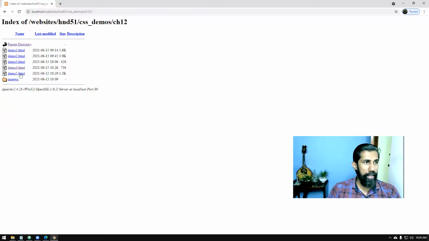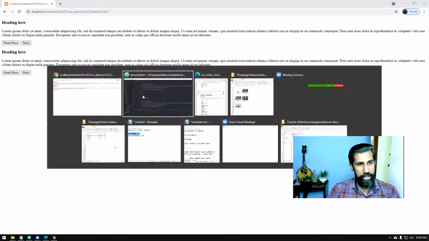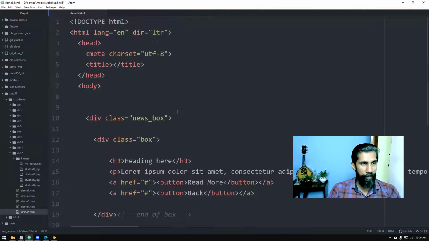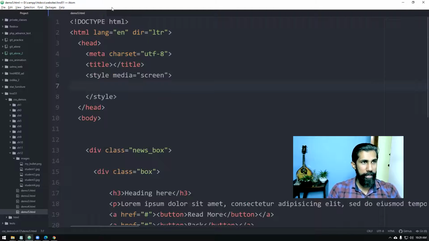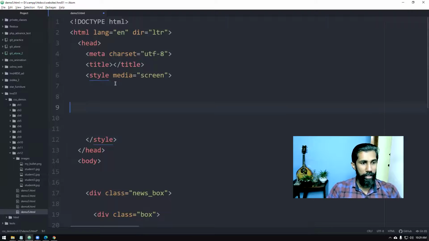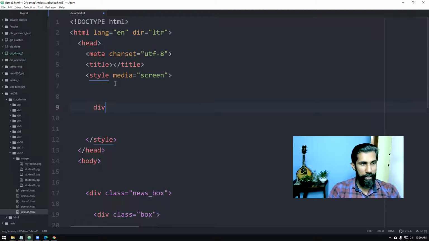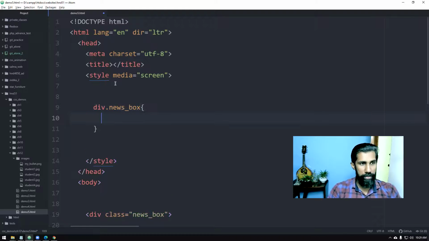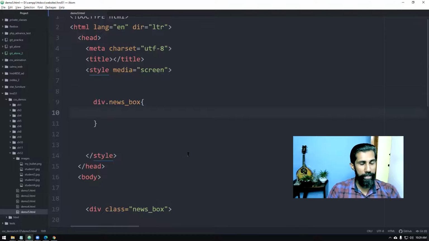Now see that, this is the rough look of this. Let's take control of that now, adding my CSS code. First of all, we'll add a div for the news box. Let's make that news box a little bit big. We've got just two of them, that doesn't matter.